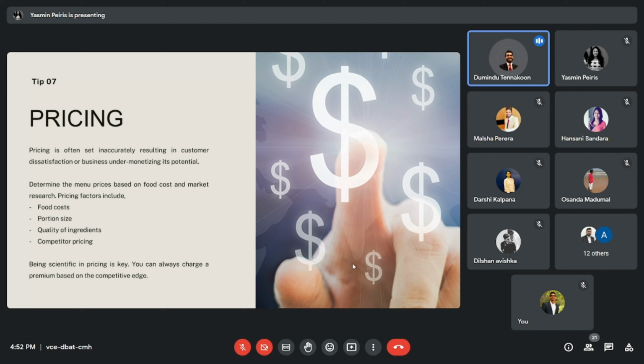Right. So in terms of pricing, it's an easy tip for me. The tip is control the cost. Pricing, for a restaurant business, is about cost control. I think I mentioned very early in the discussion also the importance of a cost controller. As a business owner, as a restaurant owner, you have to be the cost controller. If you don't play that role, you would wonder what happened to the money we make. So be scientific in pricing. It's definitely not rocket science. It's very easy to do because unless you have a very special product, it's the pricing range